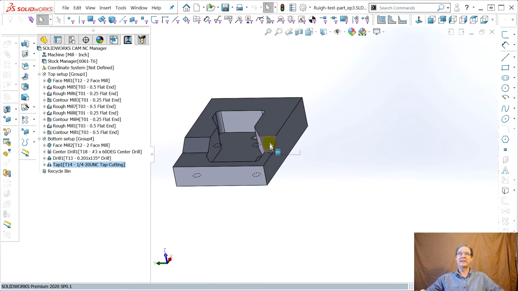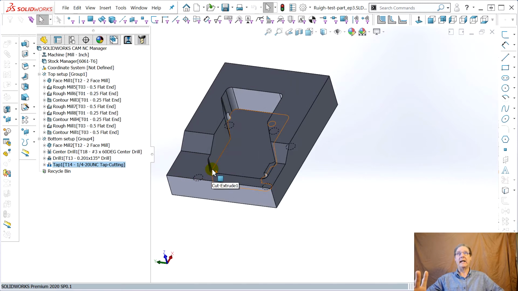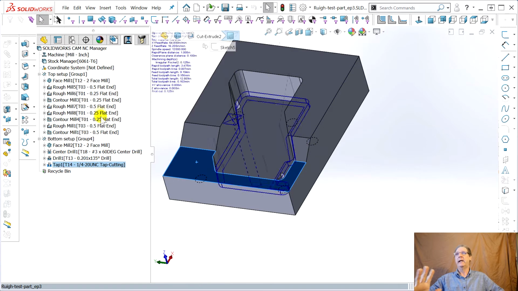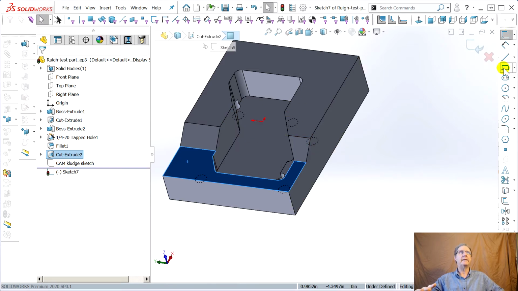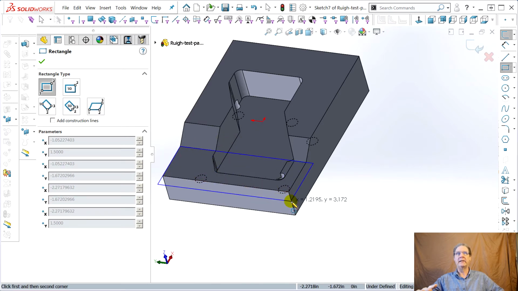I learned don't do the slanted part first because it generates a crash as the ball mill gets in the way of this big flat area. And I tried, you'll see the things I tried. Once again, I could not get this thing. If you call this a pocket, then it leaves material because it can't get the end mill in the corner of a pocket. It doesn't know to overshoot. There may well be some way to say, I tried open pocket, I tried, and I ended up going back to Klugetown, which is highlight this, start a sketch, get the rectangle sketch tool, go over that part, make a rectangle bigger than this face,